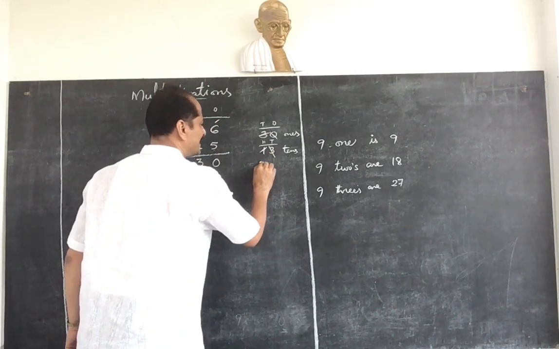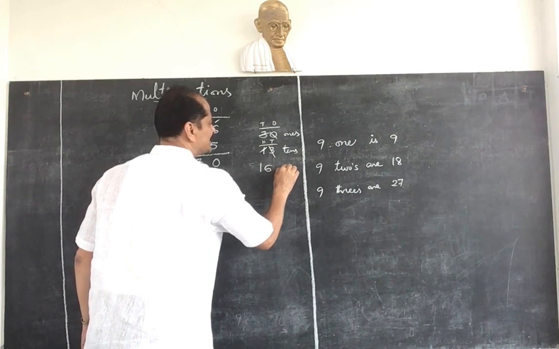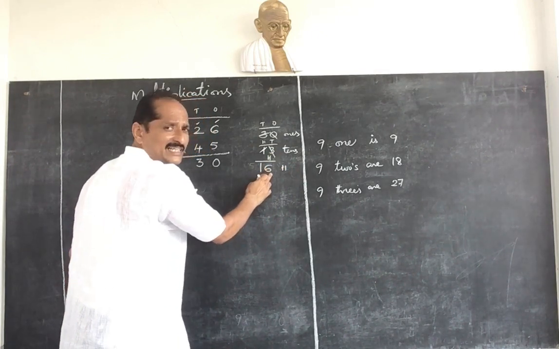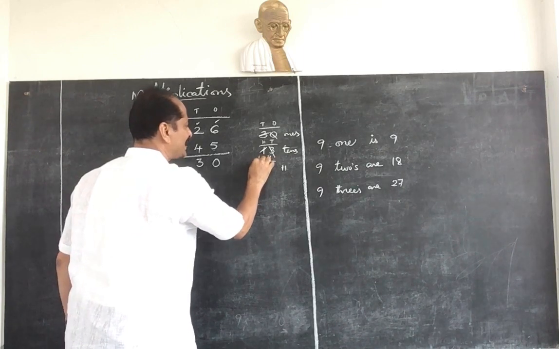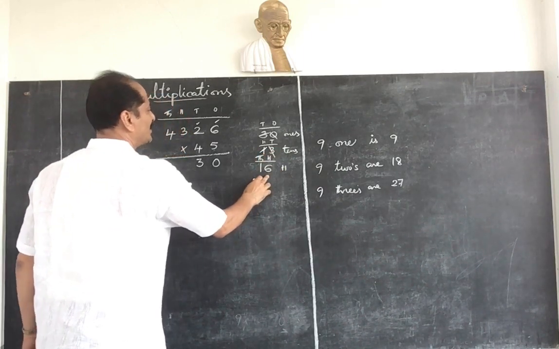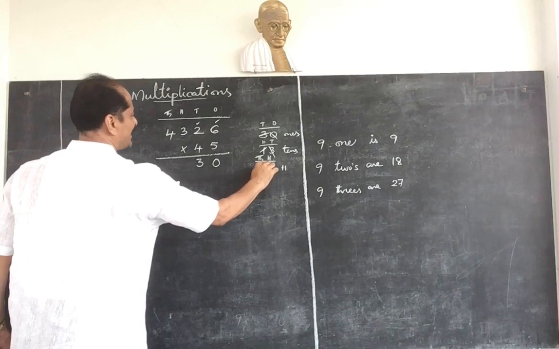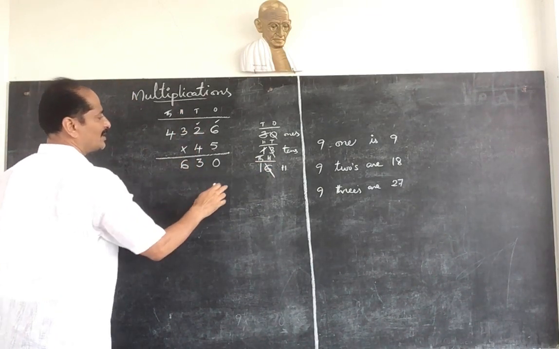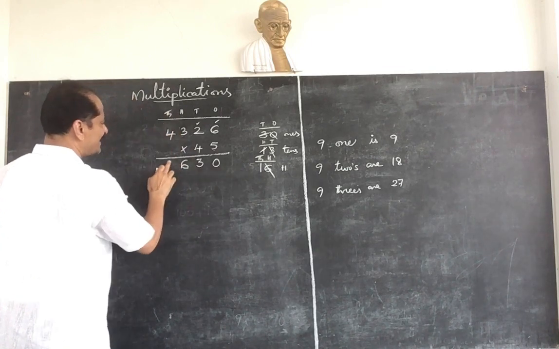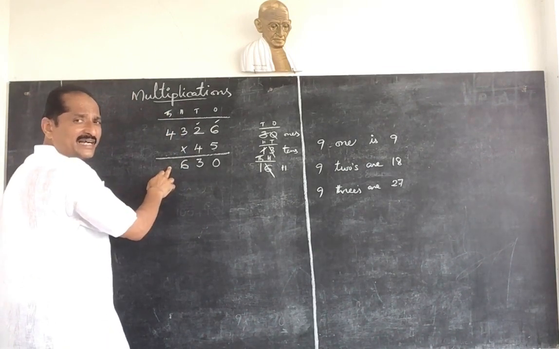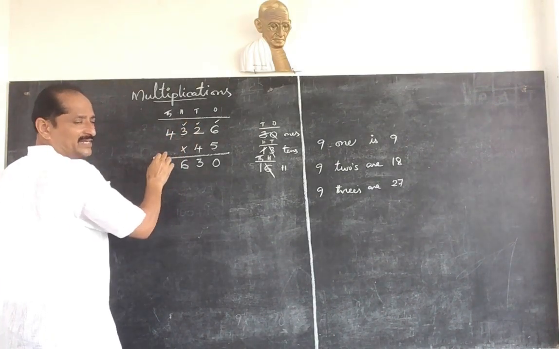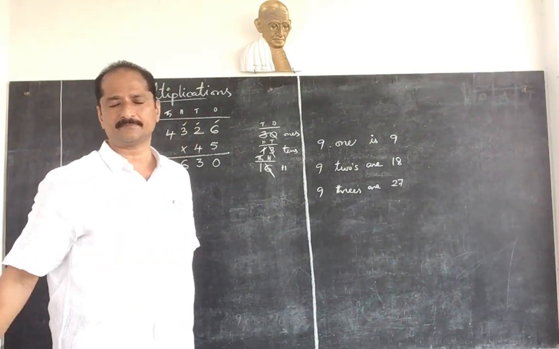So strike out this, write down 16. So this is 1600. So 6 is in hundreds place. Next greater than hundreds place is thousands place. So write 6 under hundreds place. Now we should write down 1 under thousands place. But while you are writing thousands place, observe here one more digit is there. This also we should multiply. So afterwards you will get thousands.